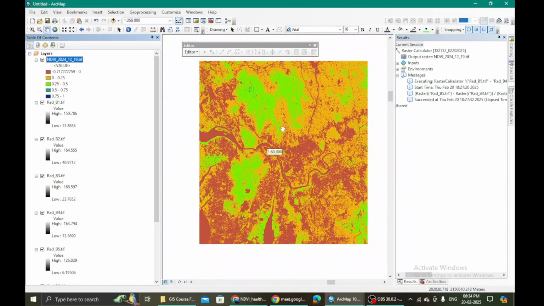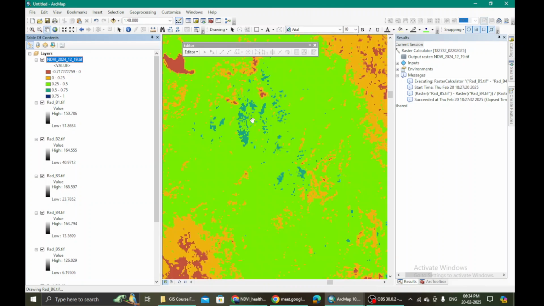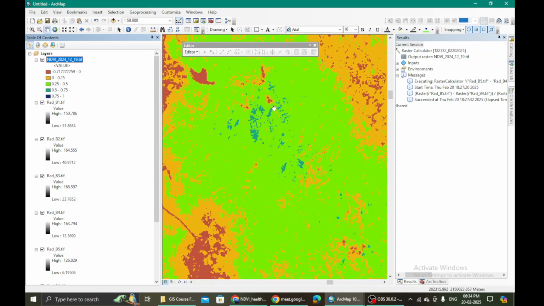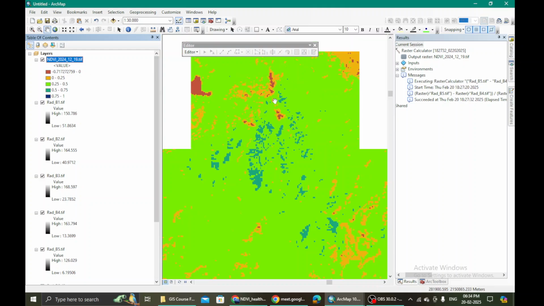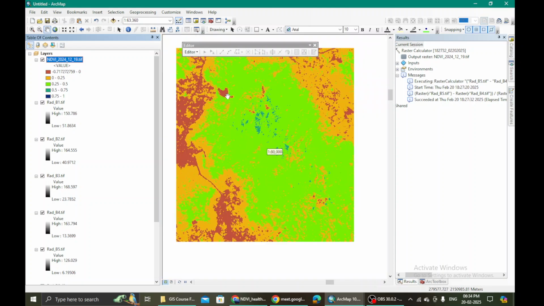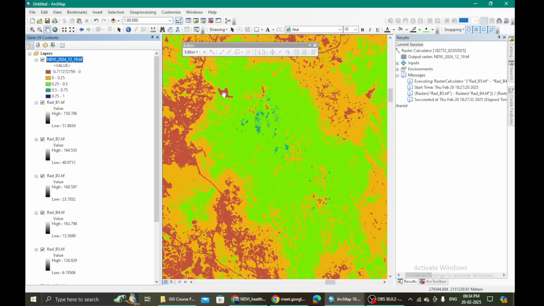Here at the very top of the mountain, I see some higher values which are in the range from 0.5 to 0.75. All right, but within there itself, I again see some very red regions. That means lower NDVI values or negative NDVI values. There might be some water. This could be some water. Let's just check what it is.